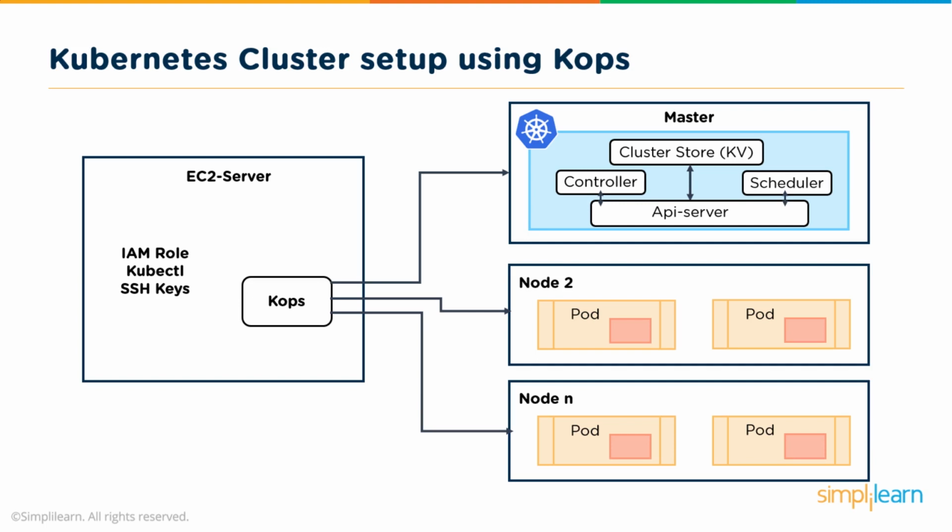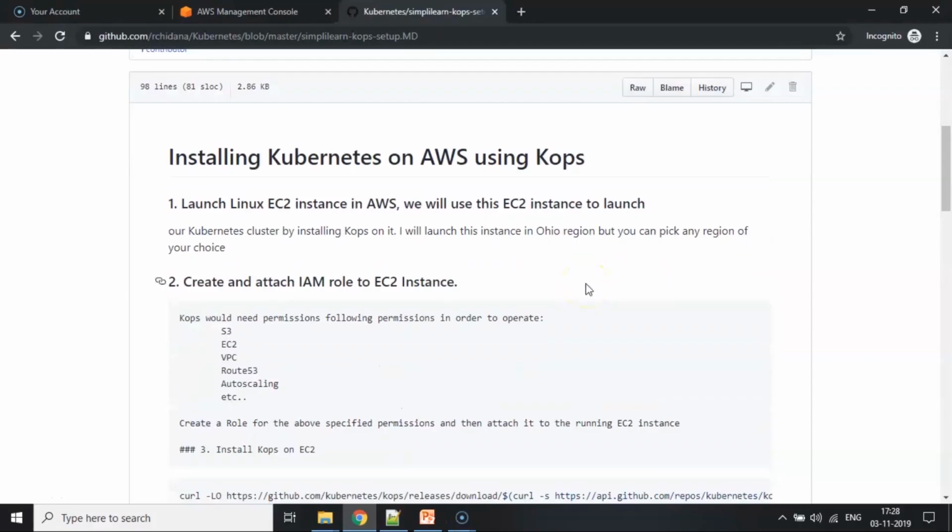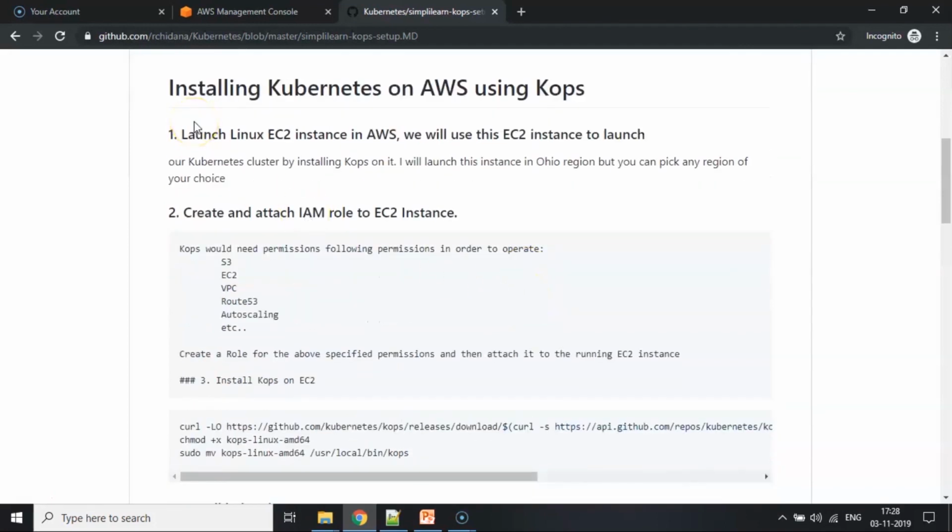So let me begin by first logging into my AWS account. All the steps that I will be following to bring up my Kubernetes cluster will be documented, and I'll be sharing this document in a GitHub repository so that in case anybody wants to try, you'll be more than happy to find all the required instructions in one place. Okay, now the first thing that I would need is to launch an AWS EC2 instance. This is an instance where I'm going to install Kops and I will use it as a base server from where I'm going to fire some commands which will bring up my Kubernetes cluster.